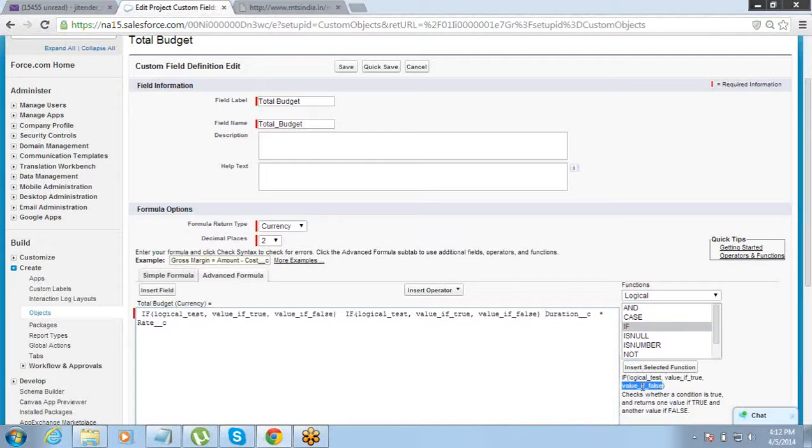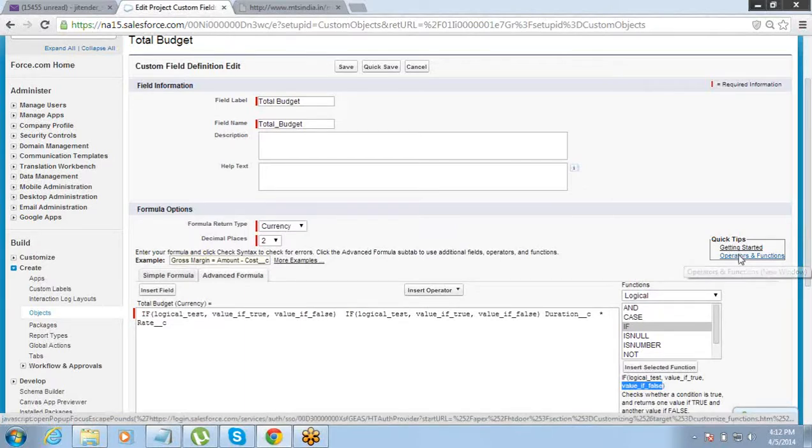If you want to learn a little more about these functions, or refer back to any function and see how exactly it can be used with an example, you just need to go here and click on this operations and functions link. It will take you to a page where you have all the functions explained very nicely with definitions and examples. So that way it's a very helpful thing.